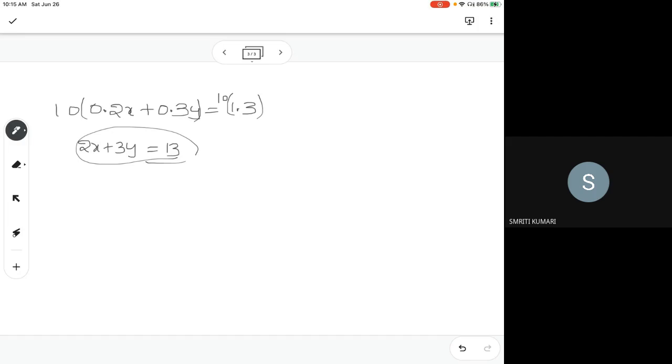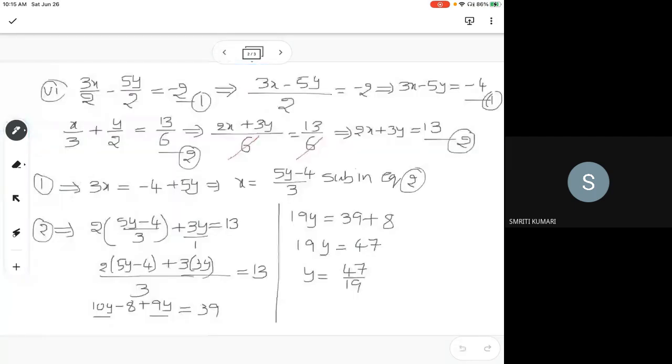So, I am asking, do we need to write the steps by which we can solve this particular equation by substitution? You can use any method. Either you can use the substitution method or the elimination method, but it is not necessary for you to mention it. And in the examination also, mostly they won't mention it. The problem will be given and you will be asked to solve it using any method.